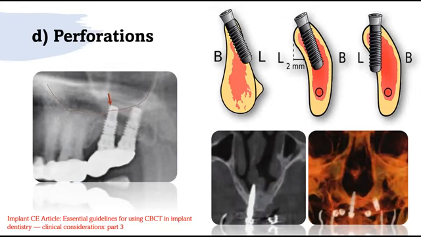And the perforation of the maxillary anterior region, such as the floor of the nose, during the implant bed preparation or the placement in the anterior maxilla, may lead to difficulty in breathing and repeated bouts of infection of the nasal cavity.